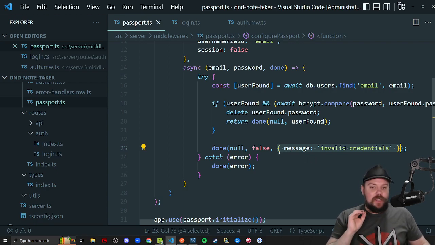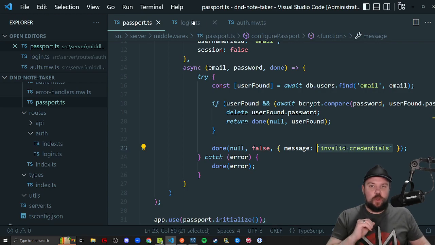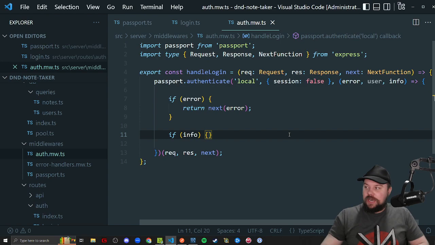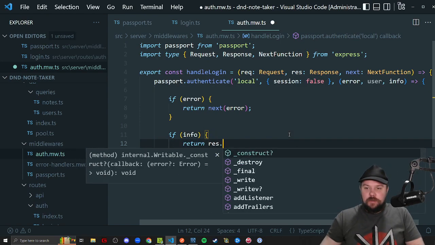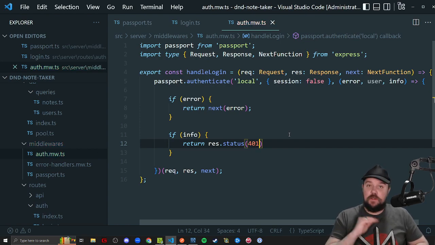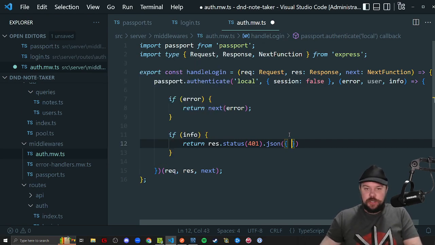If I pass a third argument to done with an object of property message, then this message string right here is what's going to populate the info object, and that's how we can use it right there. So what I can say is return a response, because at the moment, if they got here with an info status, that means something went wrong in the process. We need to 401 unauthorize them. And I'll now send my JSON message